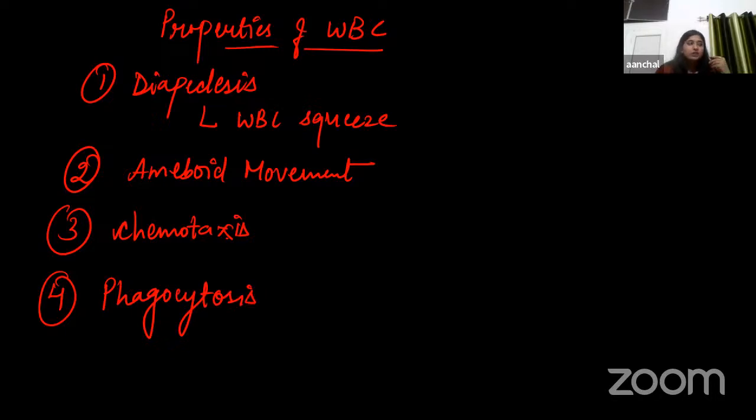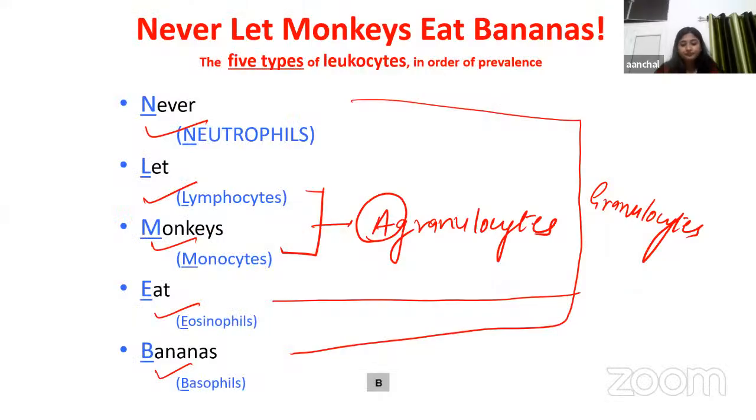Phagocytosis is shown by cells like neutrophils and monocytes, in which they engulf the foreign bodies by means of phagocytosis. So this is all about the properties that are shown by WBC, right? Now, another thing we have is the variation. In variation, we learn about some kind of disorders,